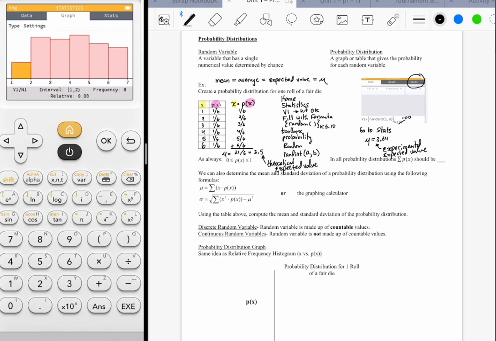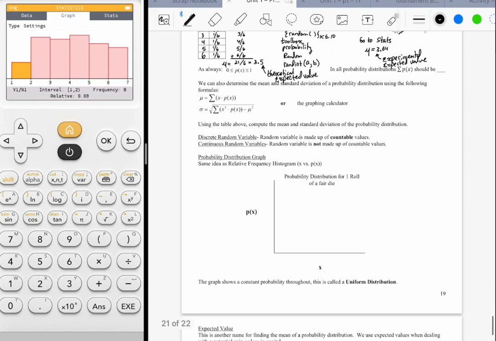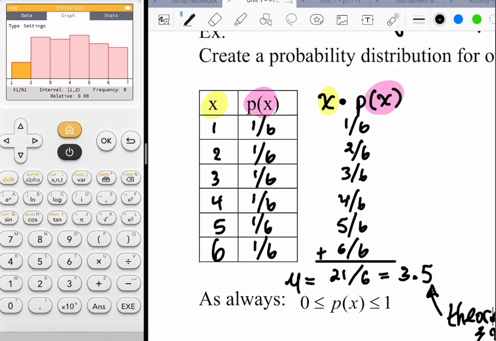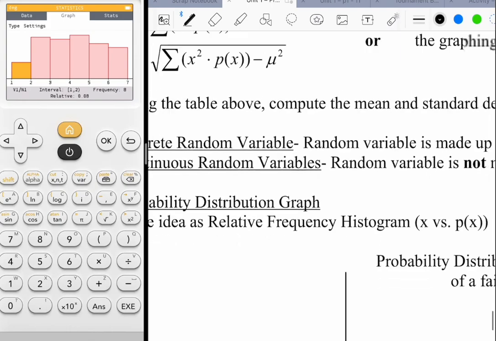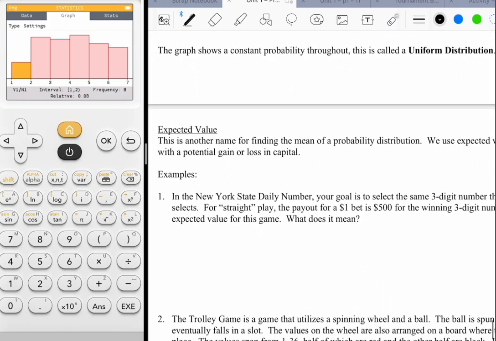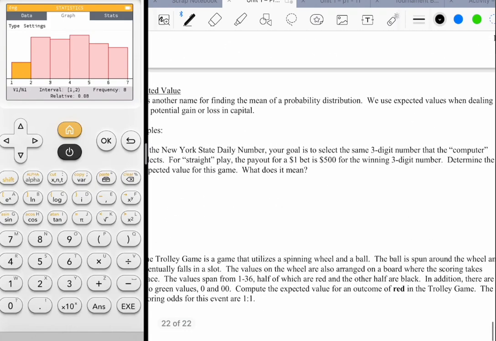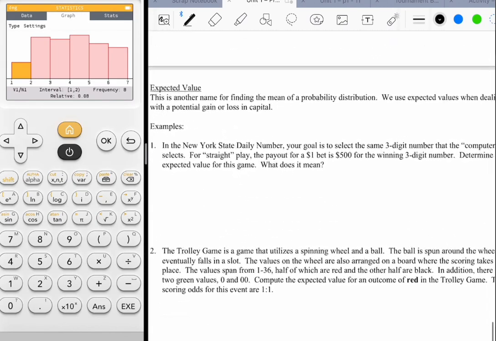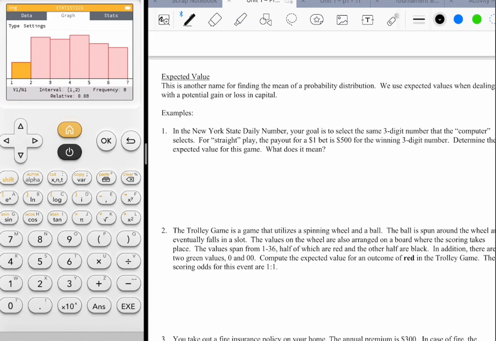What we're going to do, and it's not going to happen tonight because I said I'd let you go early, but we're going to learn how to apply this. The reason why I showed you how to do it by hand is sometimes it's easier to find the mean of a probability distribution, also known as an expected value, by hand than it is to even type it into the calculator. So I wanted to show you a quick example. And next class we'll lead off with example 2